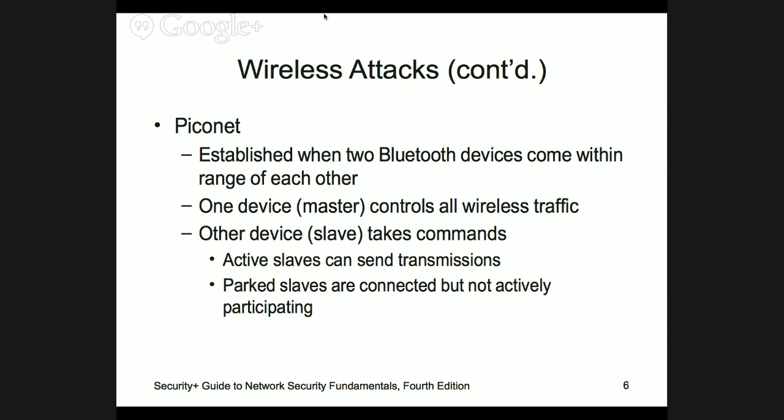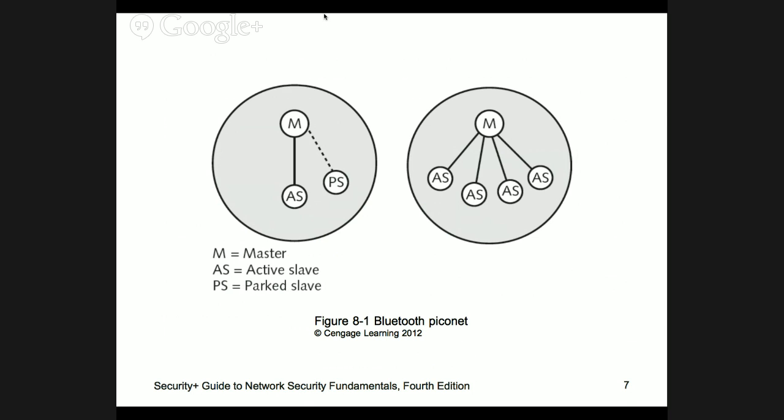And basically what happens is this: on a PicoNet, one device, like a master, controls all the wireless network. The other devices become slaves. The active slaves can send transmissions. Park slaves are connected but are not actively participating. So here's an example of a PicoNet. You've got a master with multiple slaves, and then you could have a park slave out there that's not really